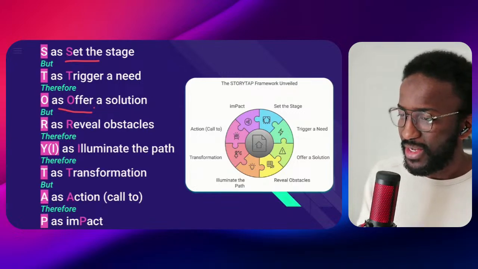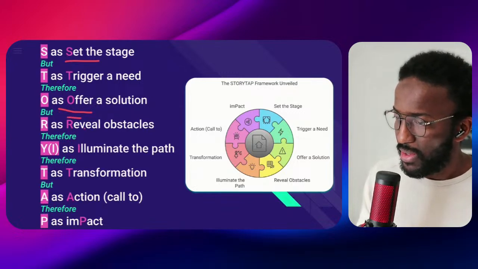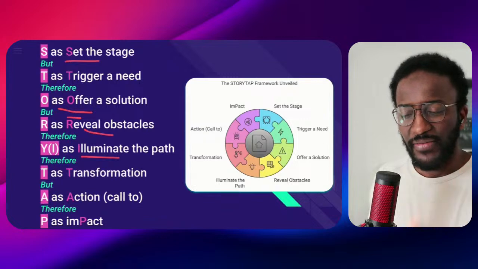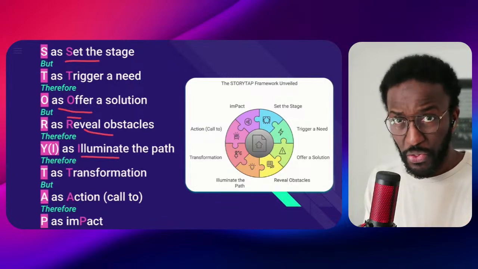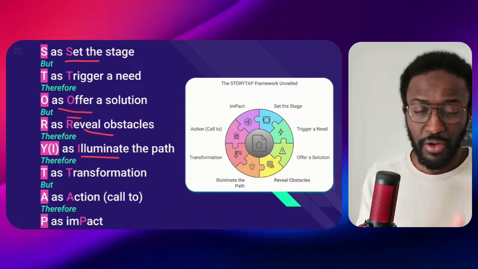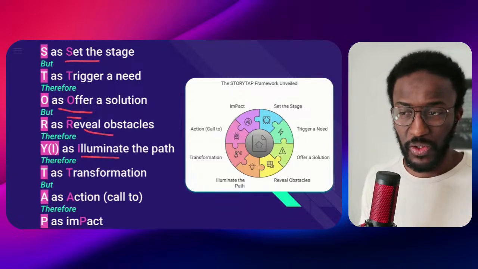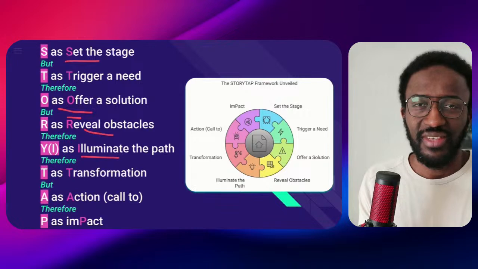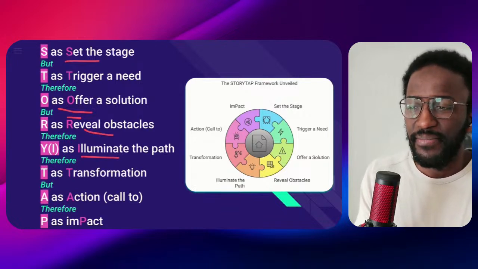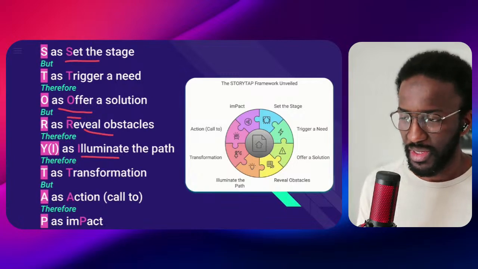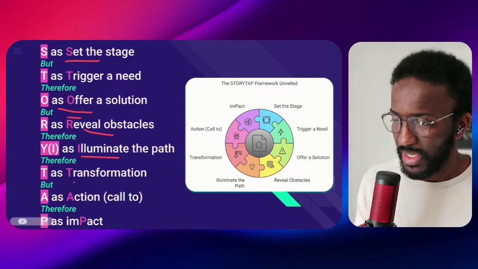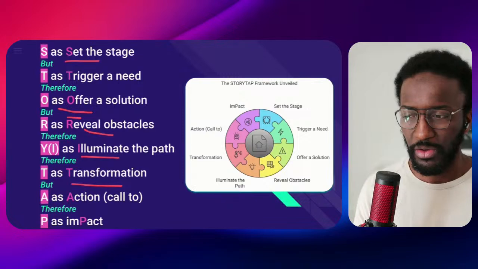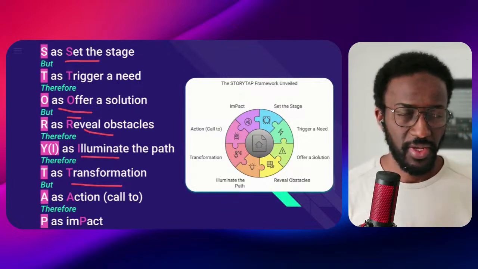Then, once you have shared the conflict in your story, you illuminate the path. Illuminate the path means you have said where you want to go, which is where you offer the solution. Then you have revealed the obstacles between where you are now and where you want to go, and illuminating the path is walking your audience through your story and how you can avoid or go beyond those obstacles. And then T is transformation. What it means is that as you are going on that journey to reach what you or your hero want to reach in the story,